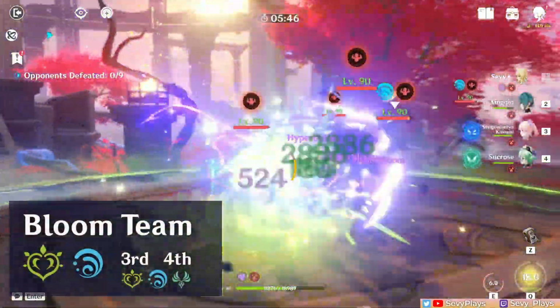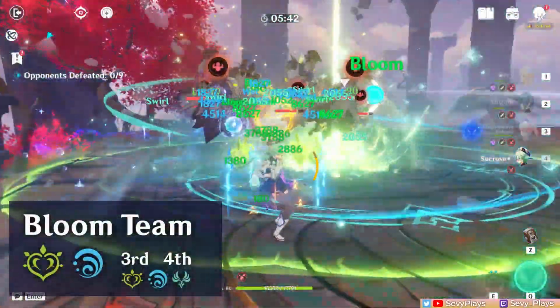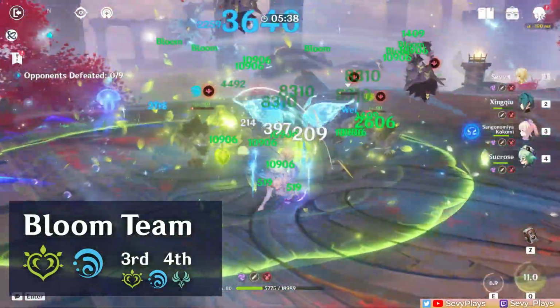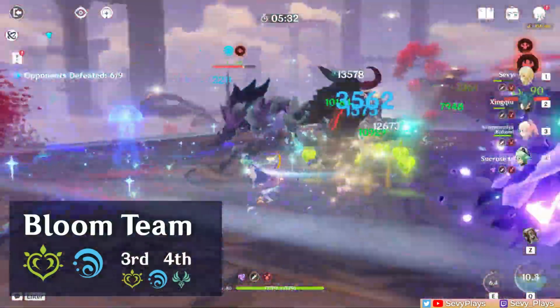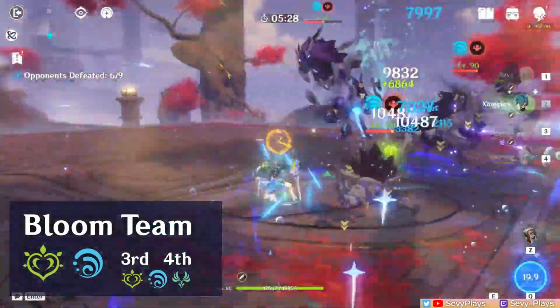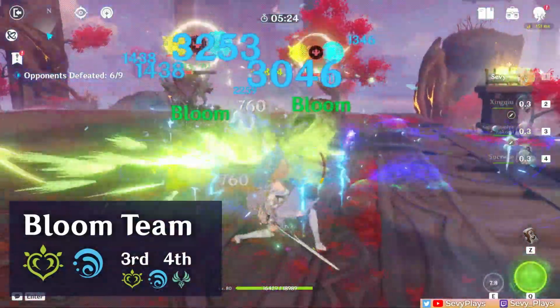Technically speaking, a Bloom team can simply consist of a Hydro plus Dendro, then the 3rd and 4th slots can be a combination of Hydro, Dendro, or Anemo. One problem you might run into is that the enemies might run far away from the cores, thereby avoiding the Dendro damage. This can be remedied by having an Anemo crowd controller in the team. They help the enemies and Dendro cores stay together, since the cores can be pulled in and